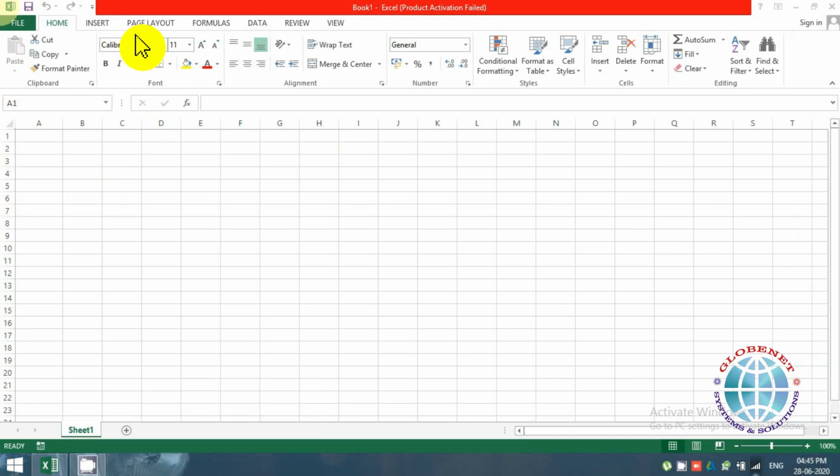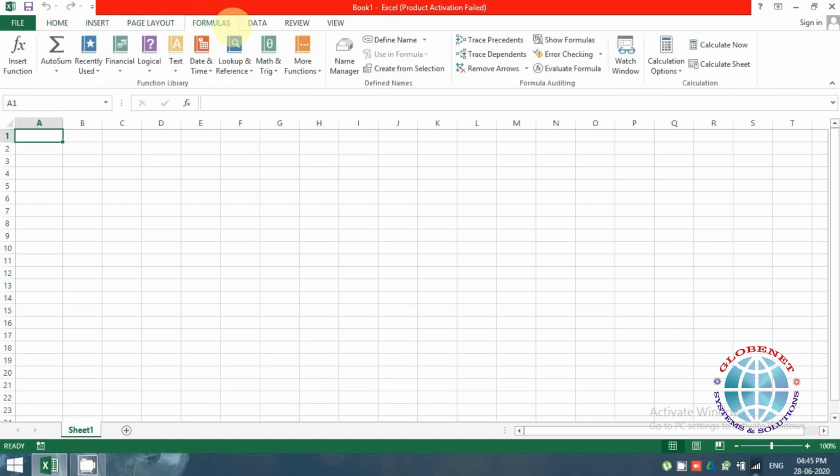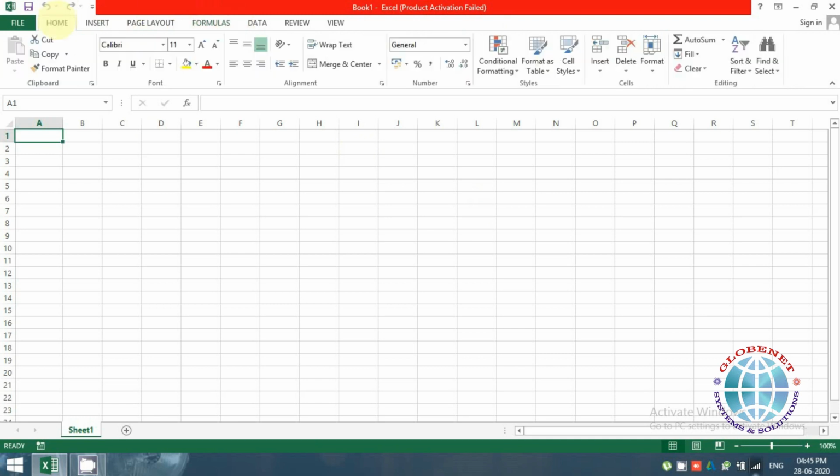Today we are going to start with the Excel interface. To start with, this is the QAT, or the Quick Access Toolbar. The next section is called the ribbon. You have various tabs in each of these, and they are used for various features which we will be walking through in the further sessions. This session is just to make you all familiar with the various terms used.